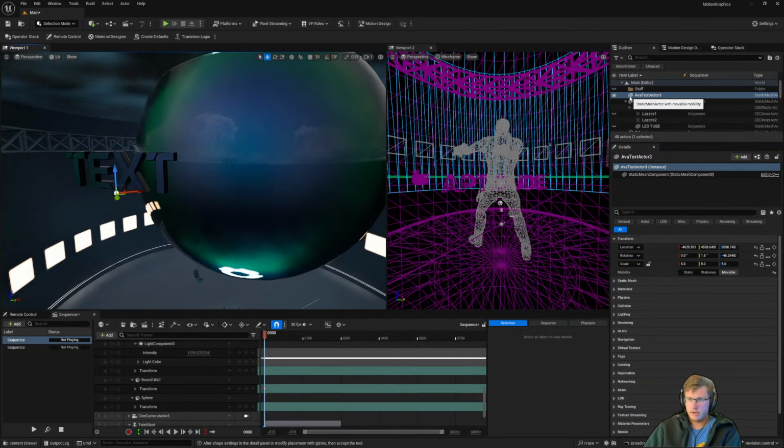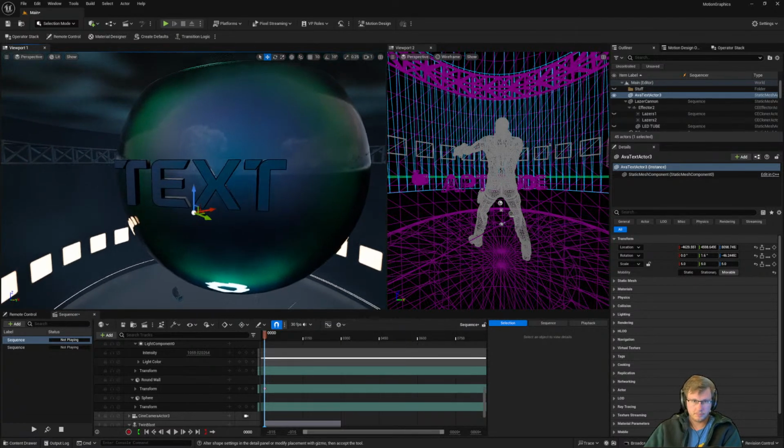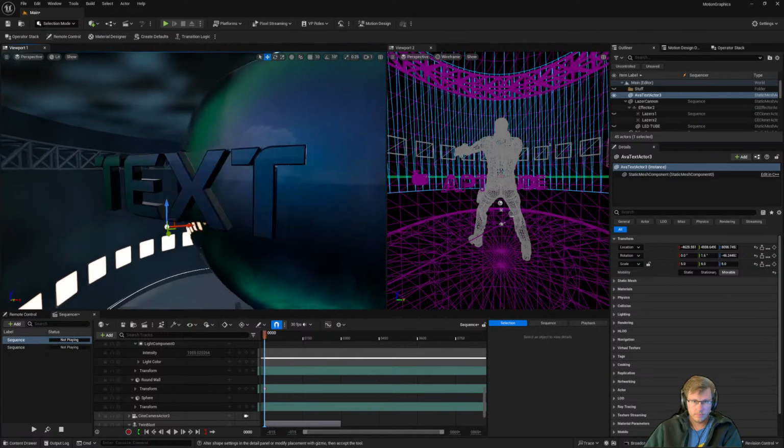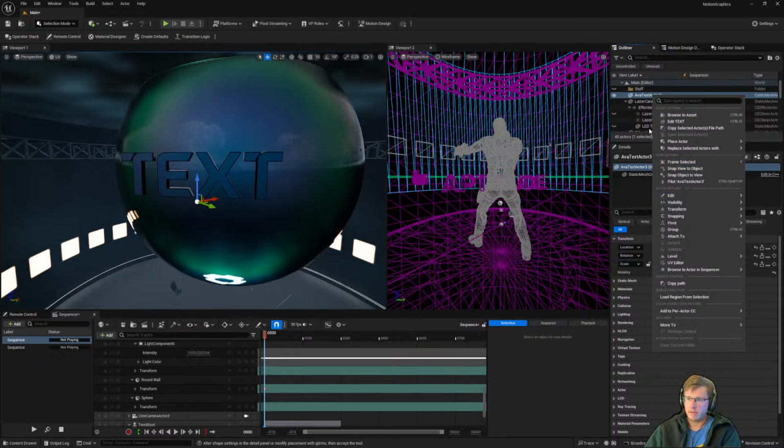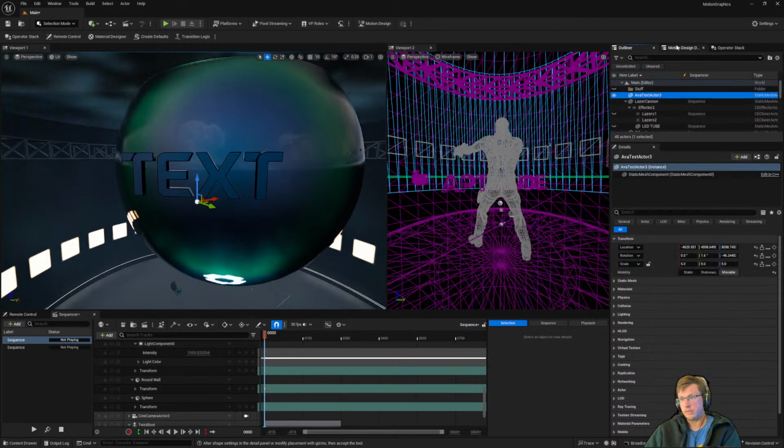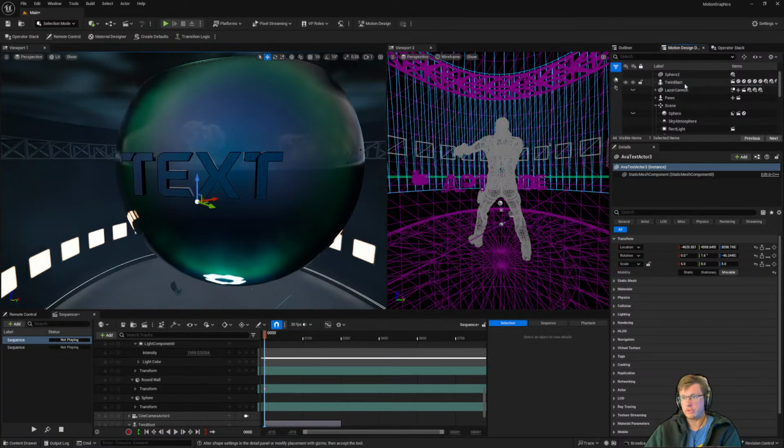Okay, and now you can see this is a static mesh. And here it is. And the whole point of all that was so that we could now apply a modifier. And to apply a modifier, we have to be in the motion design section. And here's our text.